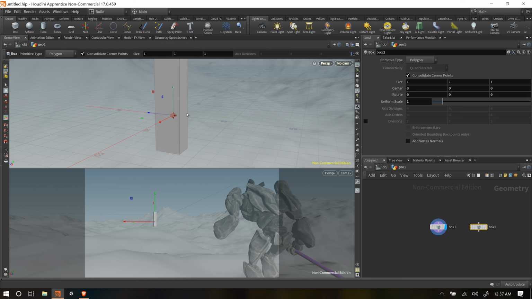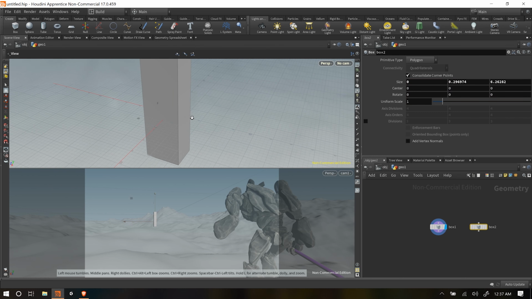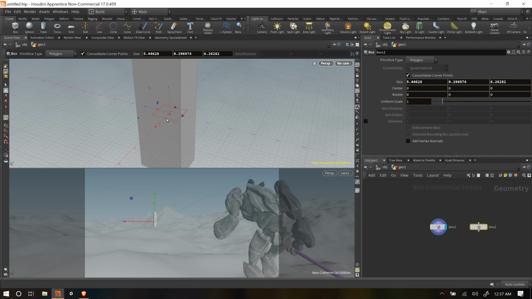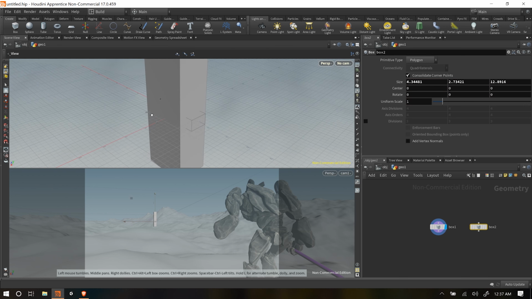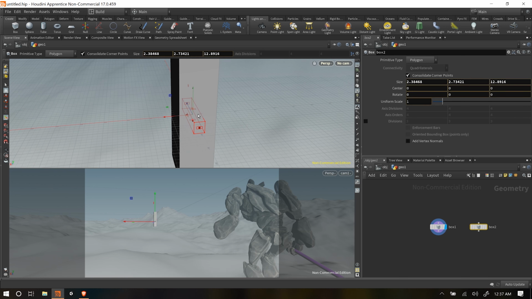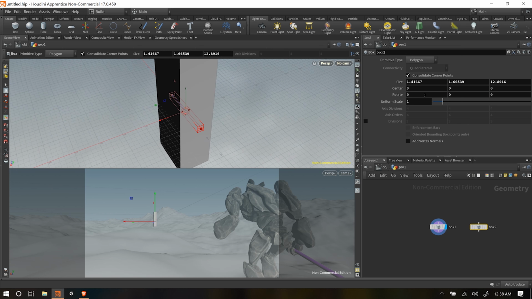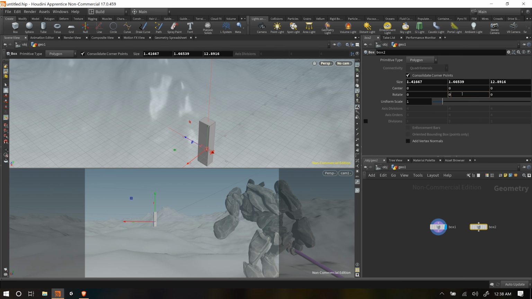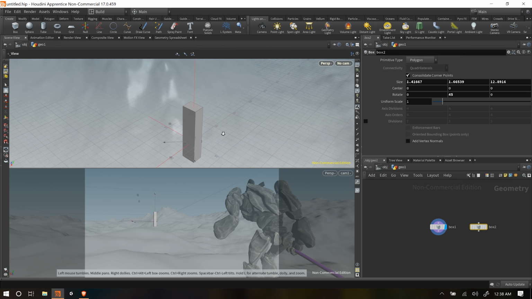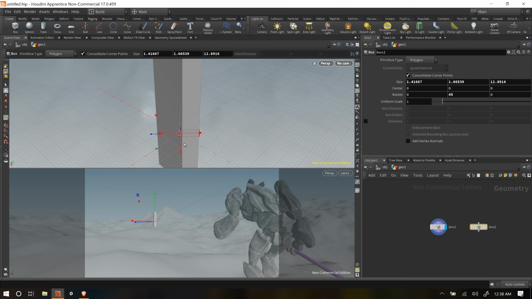And with this box, I'm just going to bring it out like this. So I'm holding shift to stretch both sides out at the same time. Maybe that's a little bit much, so we can bring it back in, bring it back down a little bit. I'm going to go ahead and rotate this by 45 degrees around the y-axis. Sure, I put my number in the wrong box. There we go. So we've rotated it, and I'm just going to place it at the base of